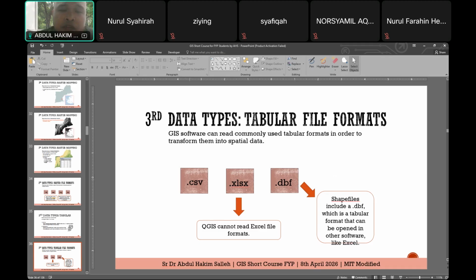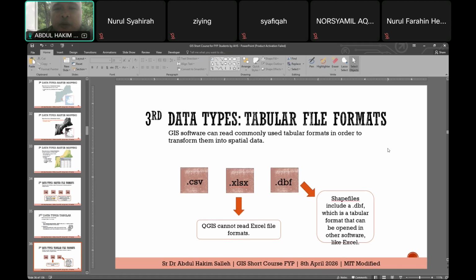It can also be comma delimited, the CSV files. It comprises a lot of information separated just with the comma. Of course, it can be in the form of a database too,